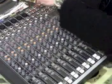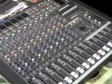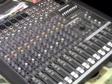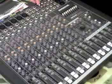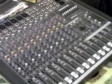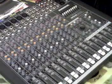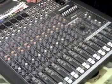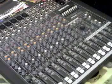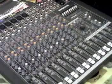Moving over here, this is quite common on desks as well, these RCA white and red inputs and outputs. On this desk they're called tape input, tape output. They're sometimes called different things, but essentially what this does is it takes a parallel feed of the main mix that is unaffected by the main mix fader, so you can fiddle about with that and it won't change the level of signal here. What you would use the tape outs for is to feed a recording device, so a mini disc player, your PC, your laptop, your Mac, whatever. If you've got a multi-track recorder or a DAT machine, whatever it is, you would send